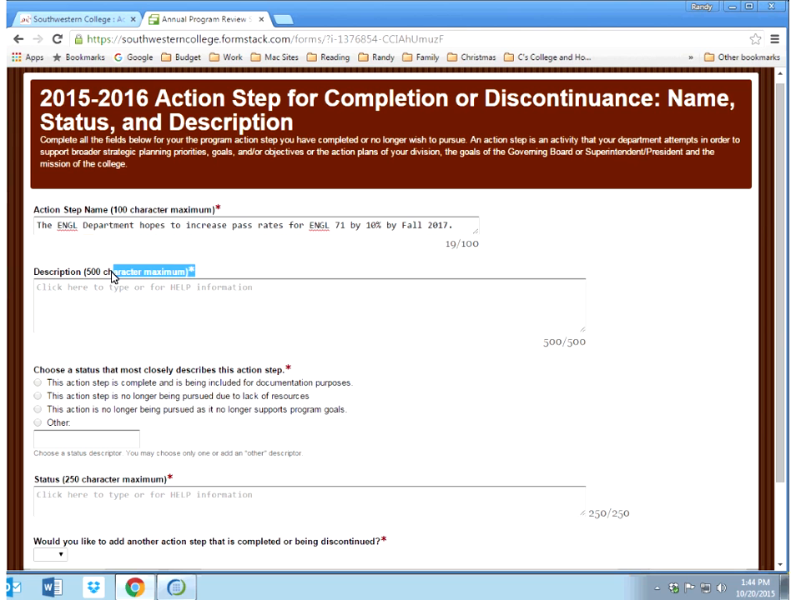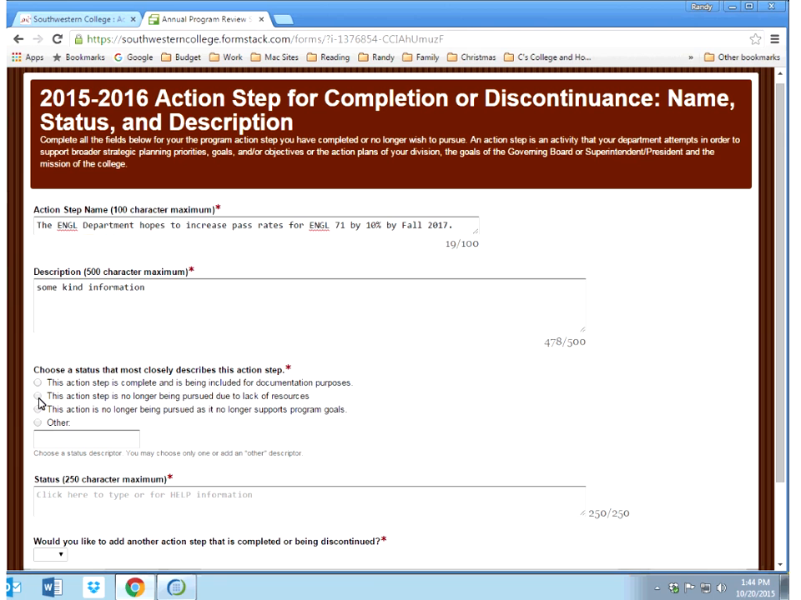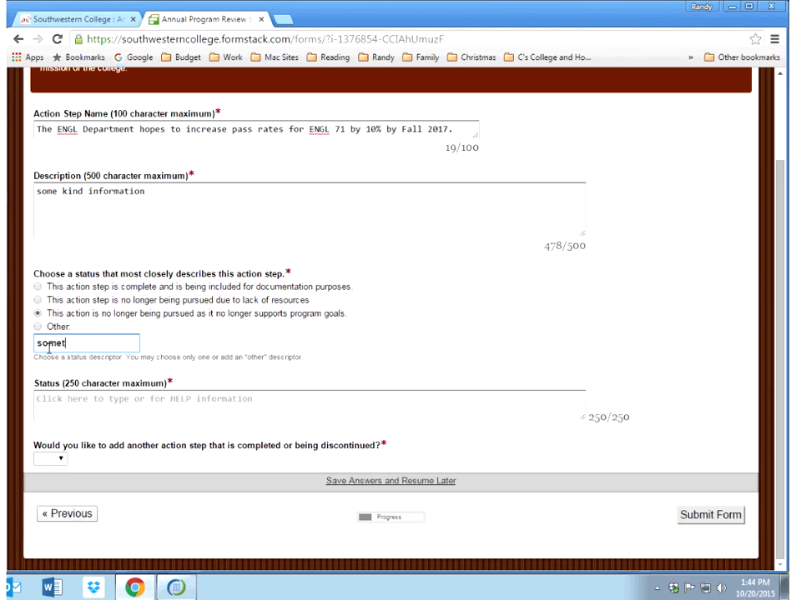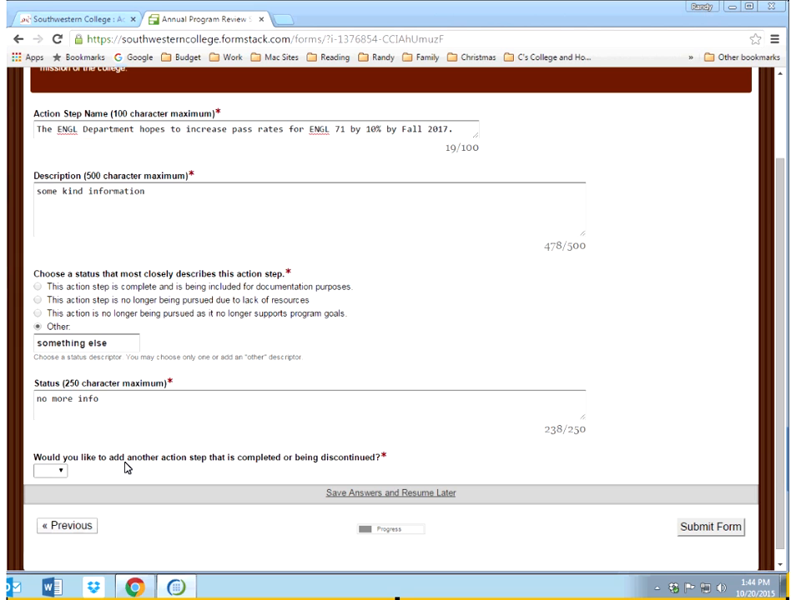Make note that any question that has a red asterisk next to it is a required question. So in this field, some kind of information is going to be provided in order for you to submit your form. And in the description, you can simply elaborate on what you hope to accomplish with the action step. You're asked to choose a status from the 3 options available, or you can type something else. You're asked to elaborate on the status if you do have anything else. If you don't have anything else to add, you can simply type in a few words. And then you'll be asked, would you like to add